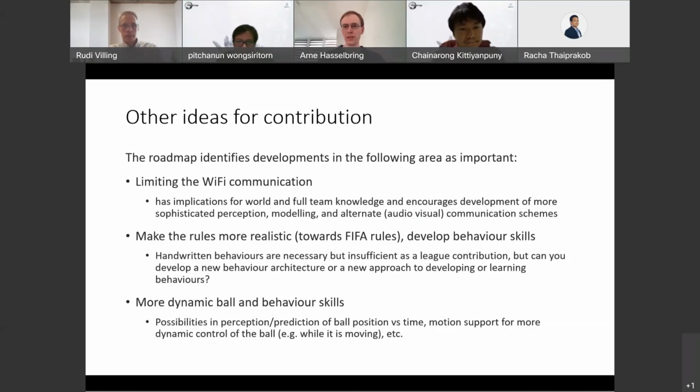So maybe if we still have time, I'll comment a bit about this from the perspective of one of the available code releases from the human. There are many other code releases that are sufficiently complete to deploy to a robot and then build your own algorithms on that. So one of them is B-Human. We already released our software from 2021. And this, for example, has new capabilities for